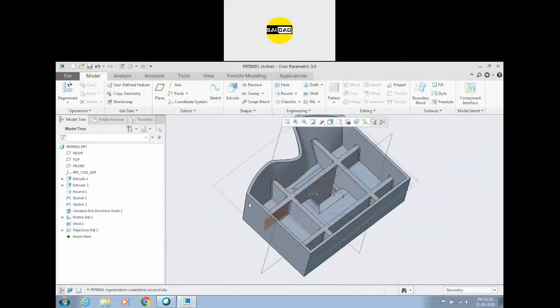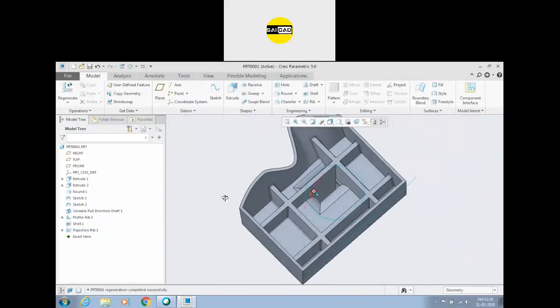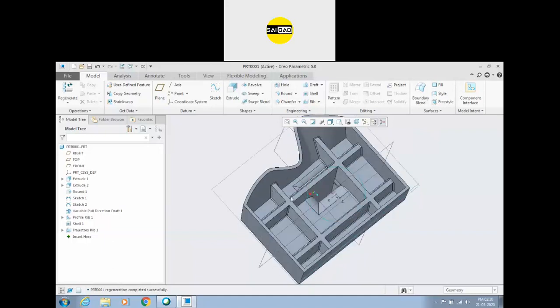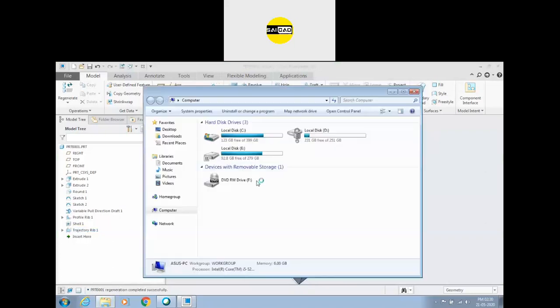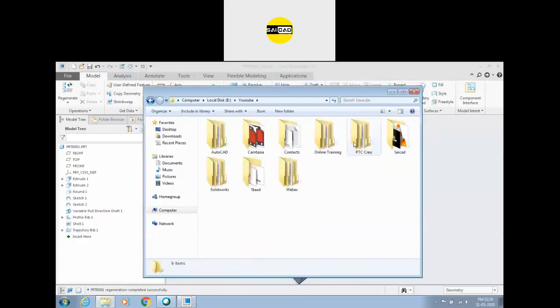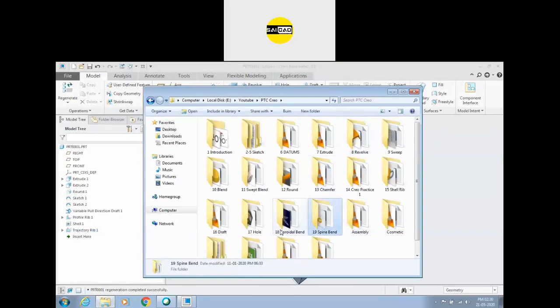You will find these ribs in plastic products. Like if you have a plastic chair, you can see your chair from the downside, and you will find some ribs on them. Okay, to show the example. Sir, these trajectory ribs are always on the inner side of the part? Yes, it will be on the inner side. Ribs will require some material. It will not be created on the other side or the empty side. It will always require a material, and you can create the rib on that side only.